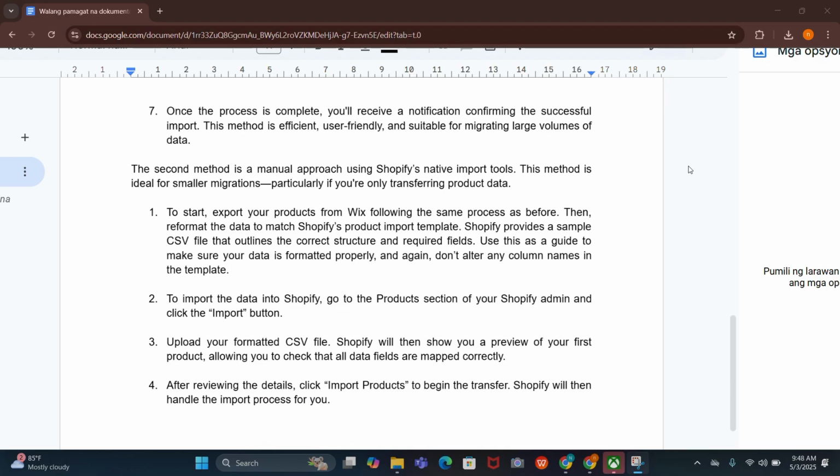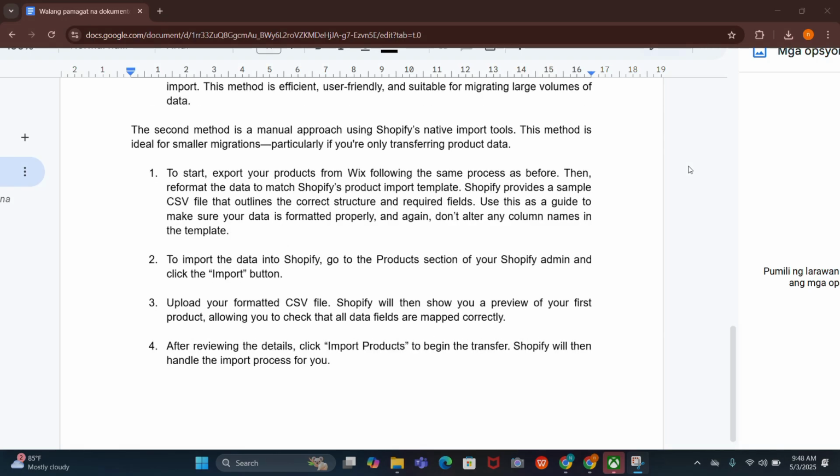The second method is a manual approach using Shopify's native import tools. This method is ideal for smaller migrations, particularly if you are only transferring product data. To start, export your products from Wix following the same process as before, then reformat the data to match Shopify's product import template. Shopify provides a sample CSV file that outlines the correct structure and required fields. Use this as a guide to make sure your data is formatted properly, and again, don't alter any column names